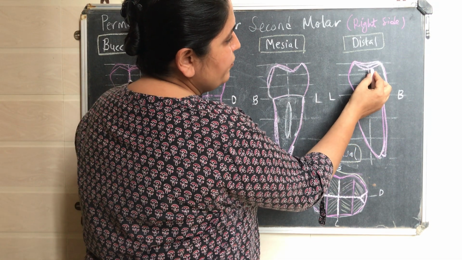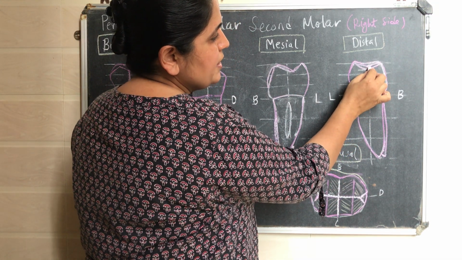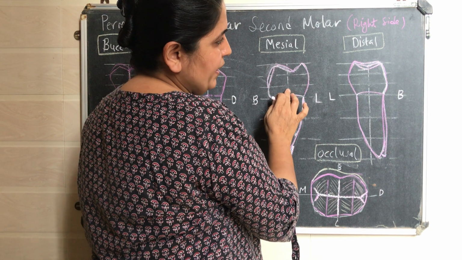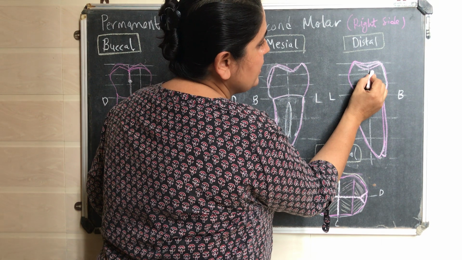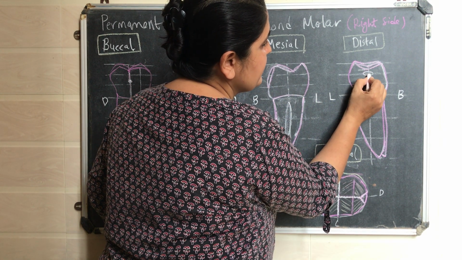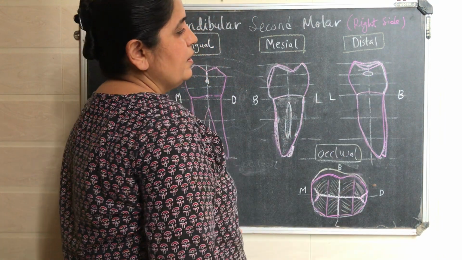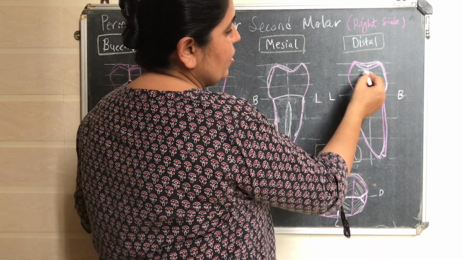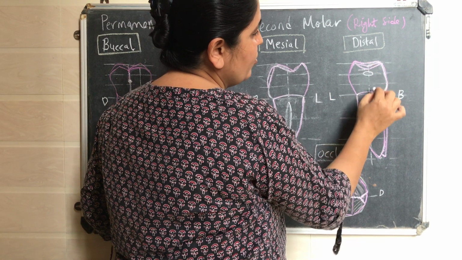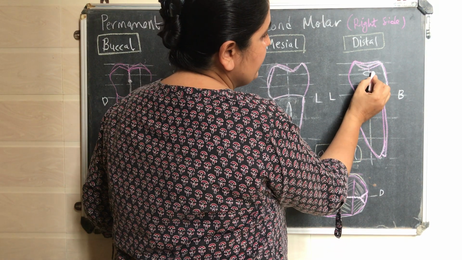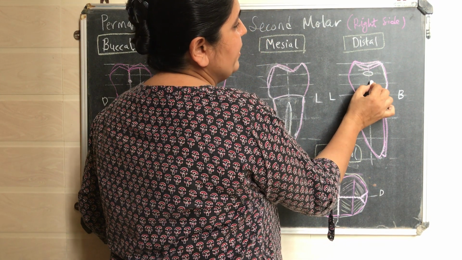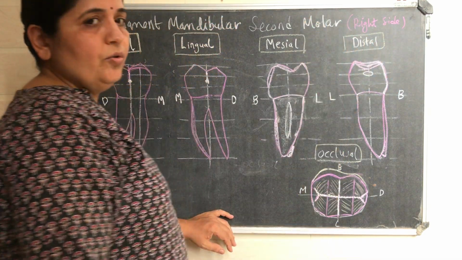So the only difference is more of the occlusal surface is visible as compared to the mesial aspect, and the distal contact area is buccolingually centered. Distal contact area is buccolingually centered, and cervico-occlusally it is at the junction of the middle 1/3 and the occlusal one.